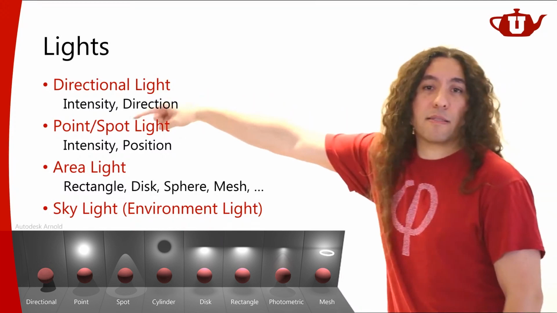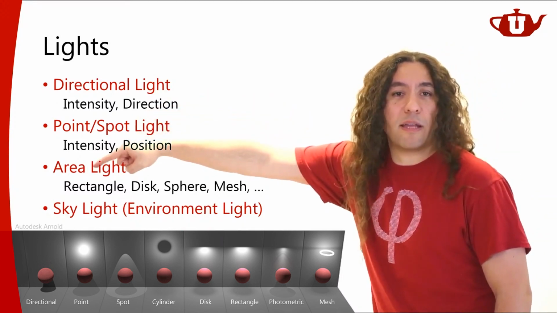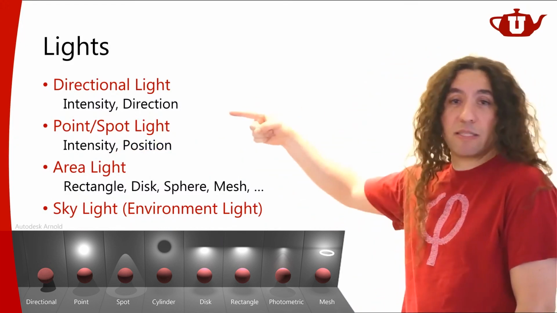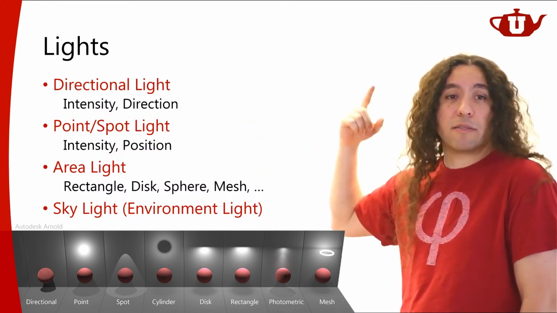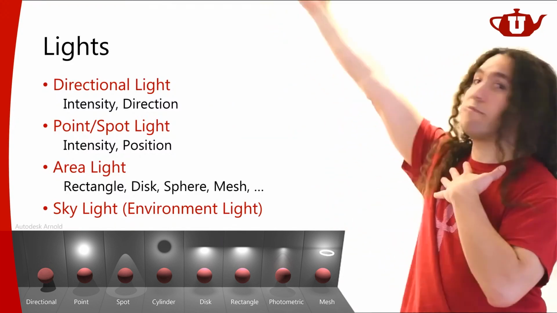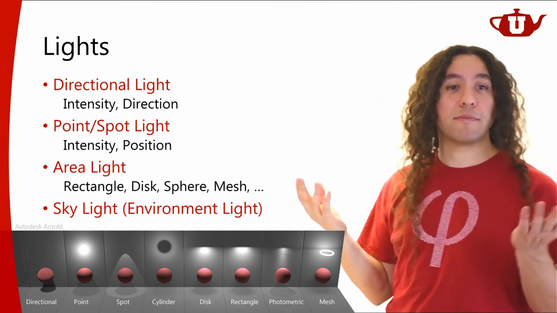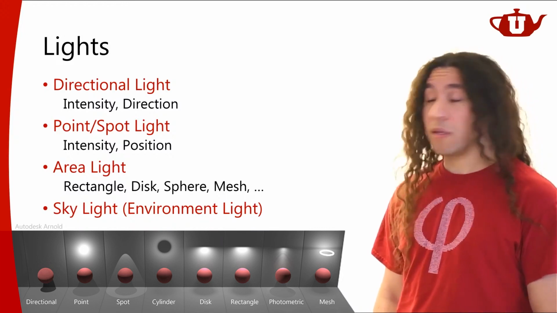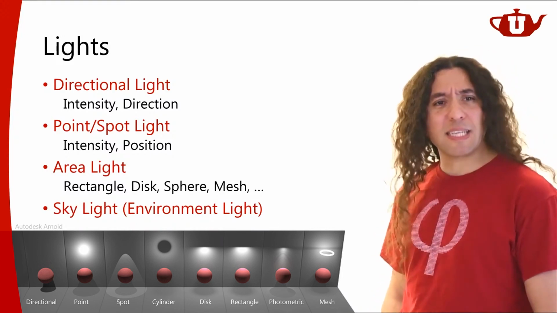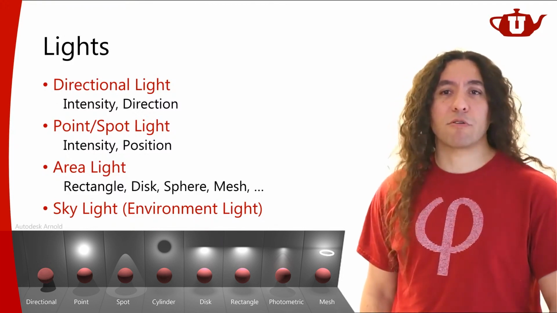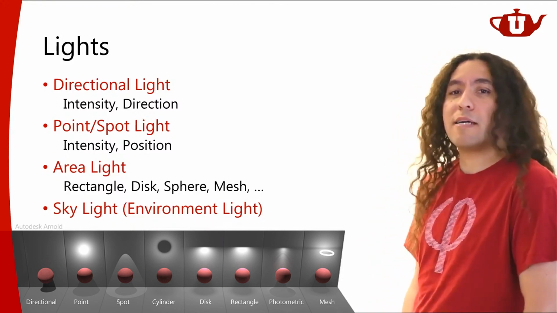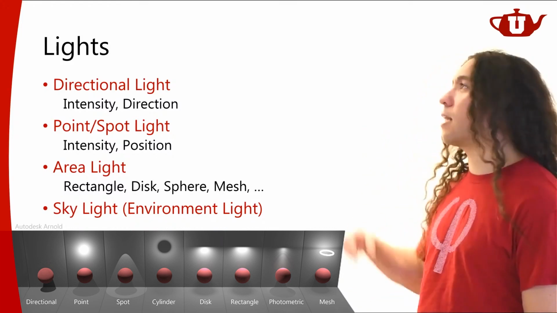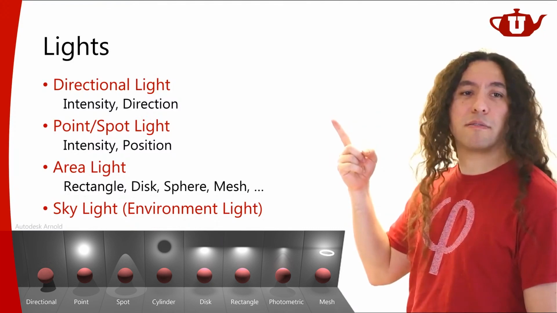The directional light example is far at the end over there. The directional light is very simple: it's going to have a light intensity and a direction. So it's light coming from said direction, whatever that is. That's the directional light source. Very, very simple. It's actually a pretty decent approximation of a light source like the sun. The sun is far, far away, so for all intents and purposes, you can assume that sunlight is coming from just one direction.